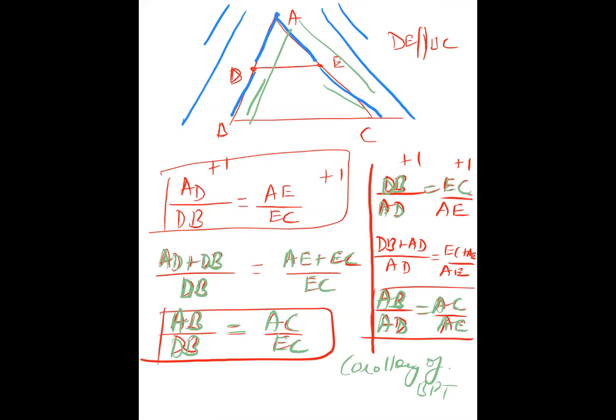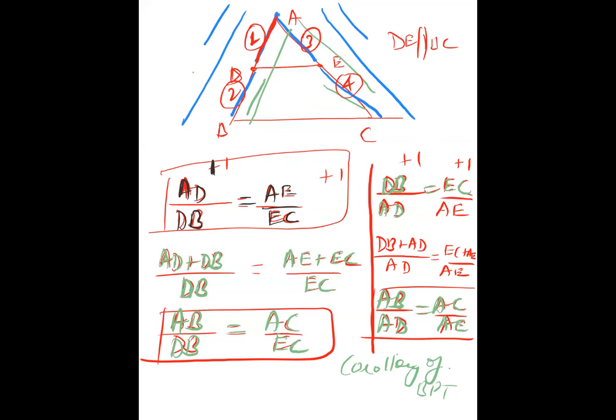Could you please explain once again? To explain again, no problem. In that basic proportionality theorem, now we are telling that 1 upon 2 is equal to 3 upon 4. This one, AD by DB is equal to AE by EC. That only is written here, that only we are telling now.